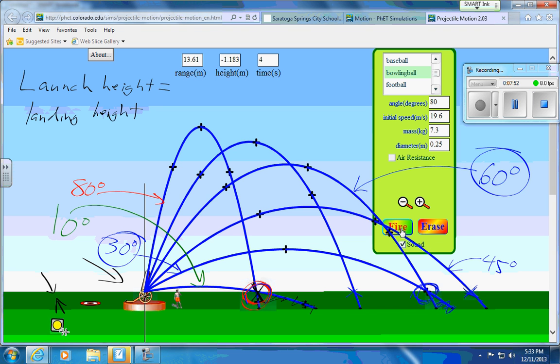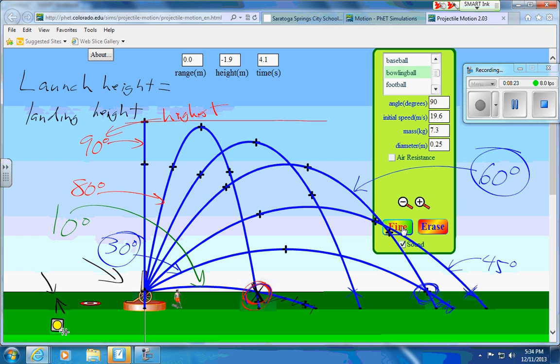The last thing I'm going to do is launch this at the extreme of 90 degrees, which basically means straight up. 3, 2, 1. Possibly not surprisingly, that projectile, and technically this is still a projectile, even though it basically is a ball that you threw straight up in the air, this 90-degree launch clearly goes the highest. There's the height, higher than any others. 90 degrees goes the highest,